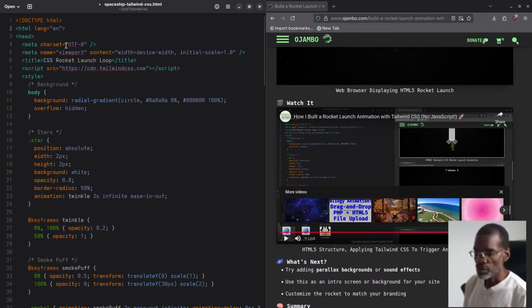And then we have the charset in the head section. The viewport I set to the device width, and I put the initial scale to 1. So this way it'll be easier on mobile devices, so smaller devices, just to see what I want to focus on, the main content. I gave it a title called CSS Rocket Launch Loop, and then we have the script here to grab the